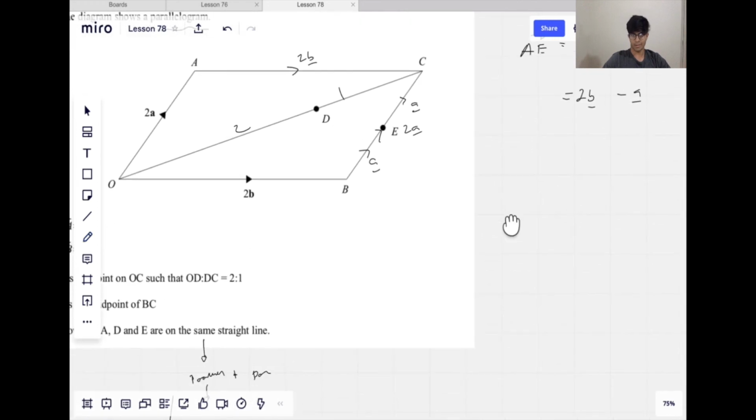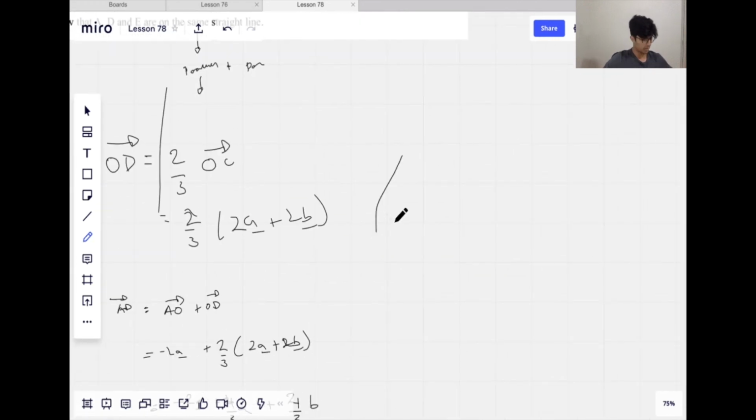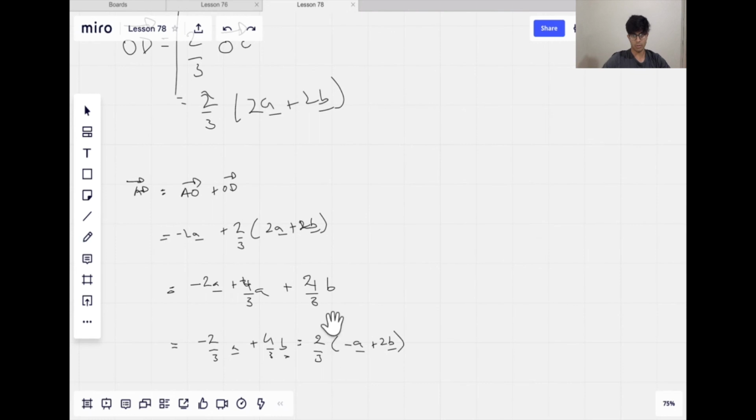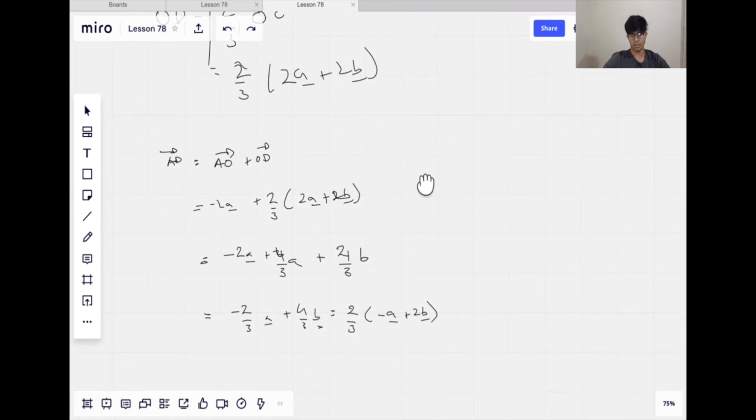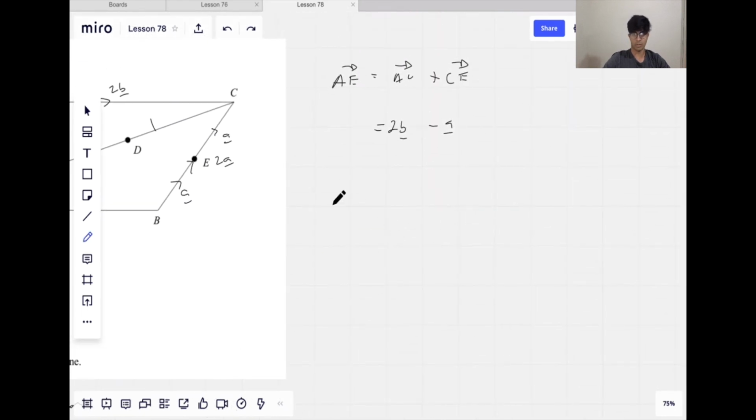And then look at that, we have them being multiples of each other, minus a and 2b, and the same thing here. So therefore AE is a multiple of AD, and they pass through the same point,